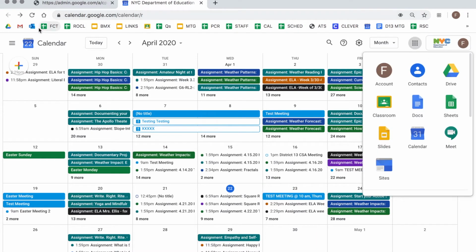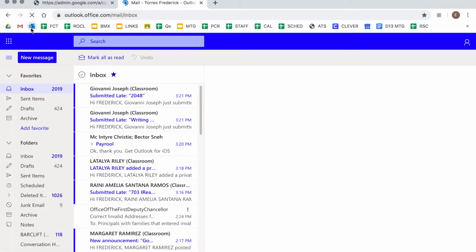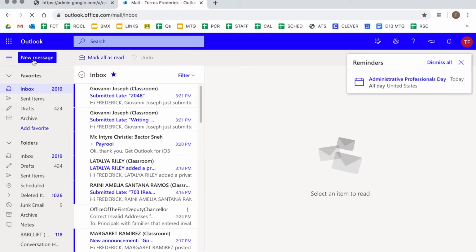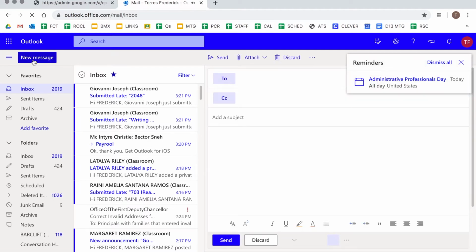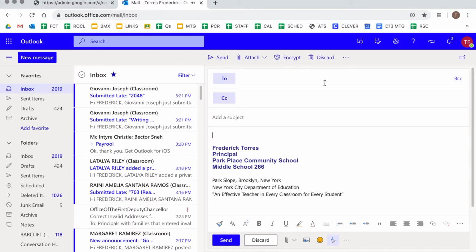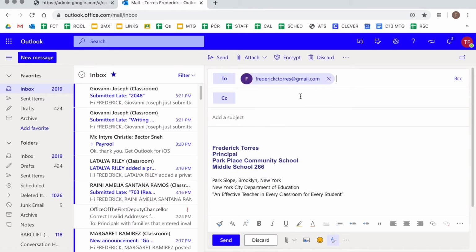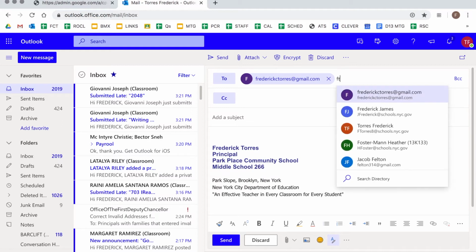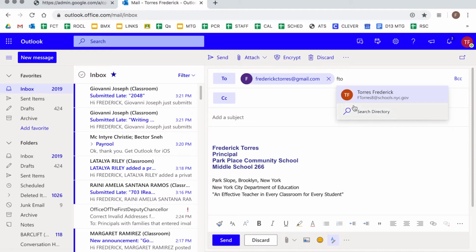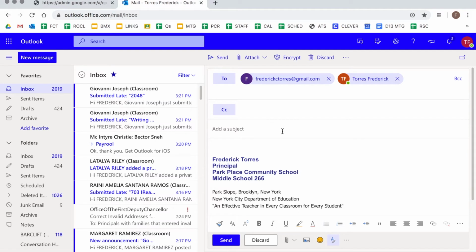And in this case, I'll just use my DOE email. And I'm going to create a new message. And in this new message, I will send it to myself. That's one of my emails. I'll send it to this actual email that I'm on, which is my DOE email. And then in here, I'll put